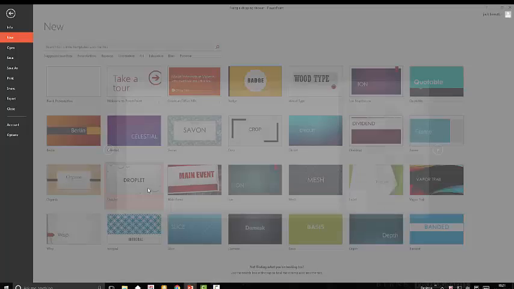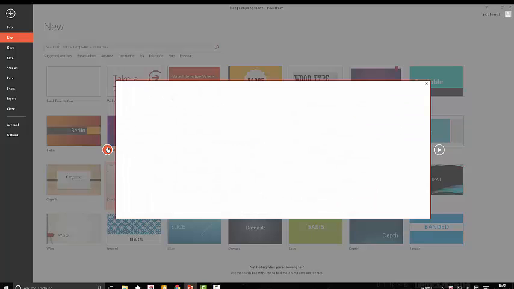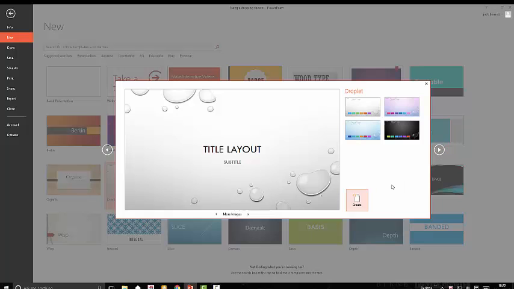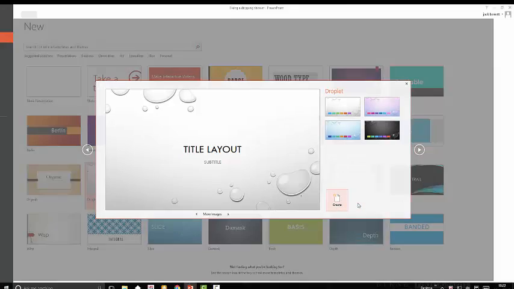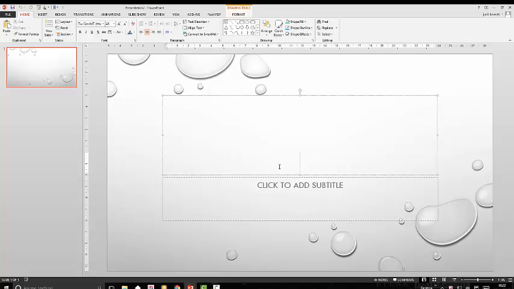Now look at this droplet. If I were talking about drips, that's a good layout to have, isn't it? All I need to do is to accept this. No, I don't want that. I want this one. Droplet. And there it is. Look, that's a nice one. Now, okay, so I've chosen my layout, my